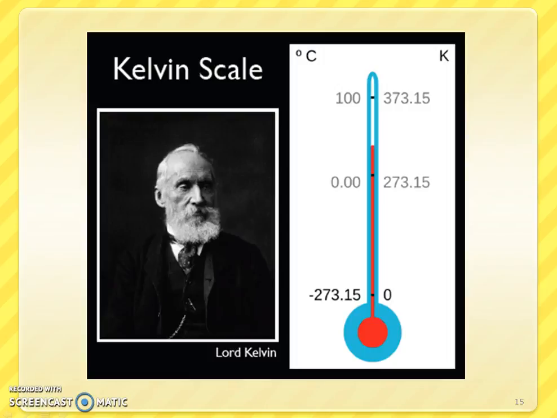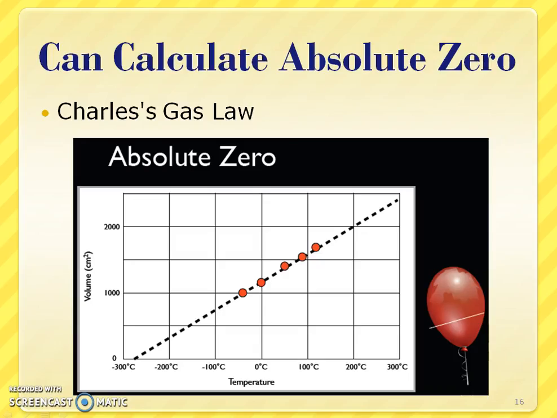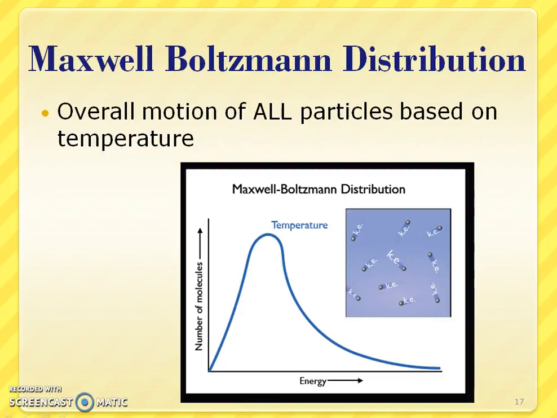So we talked about the Kelvin scale. He also talked about how to calculate absolute zero, and you might have done a lab in Chem 1. I know I usually do when I get a chance to do our gas laws. And so what we do is we measure the volume against temperature, and of course we can only measure so many, and then we draw our line, and we hope to get as close as possible to absolute zero. In this case, it would be negative 273 degrees Celsius, or 0 K.